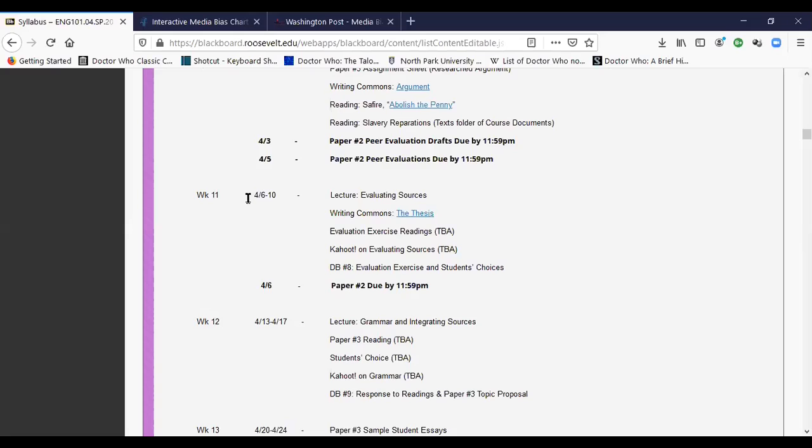What you're going to do is read several different sources and, using what you've learned in this presentation and using the CRAP test, determine whether or not you think they are reliable or not, and talk about that in your discussion board post. You're also going to be given a choice of 4 or 5 different topics that we can discuss the following week.